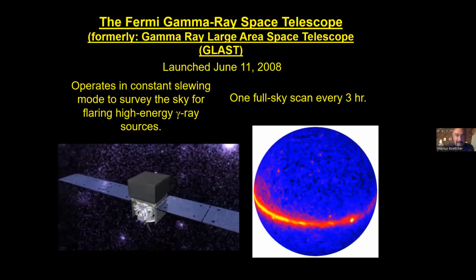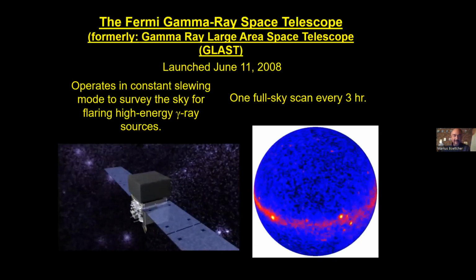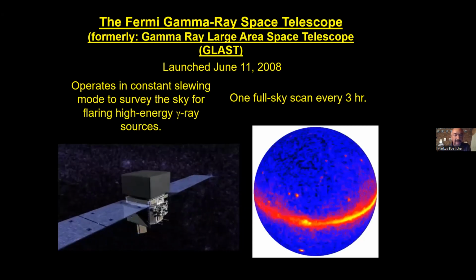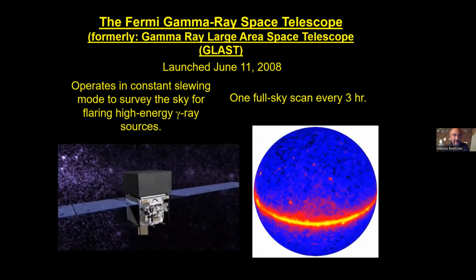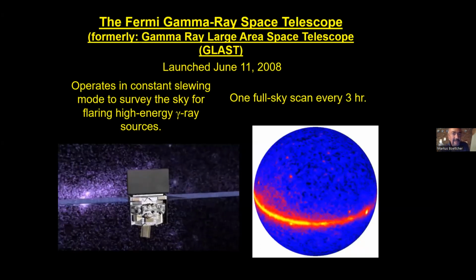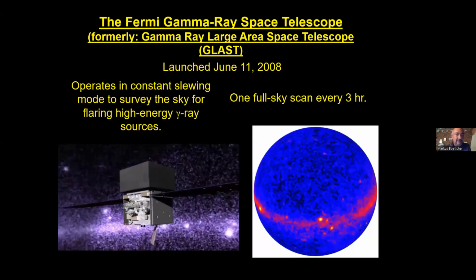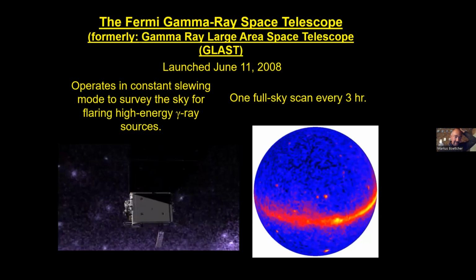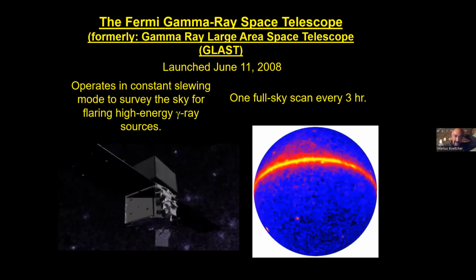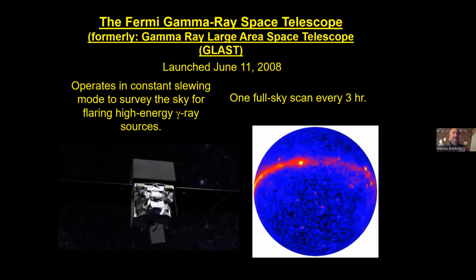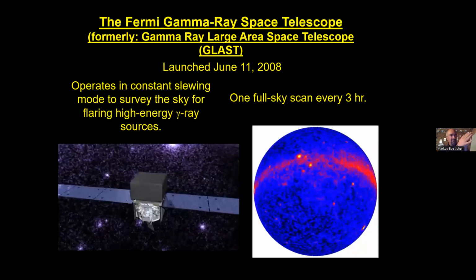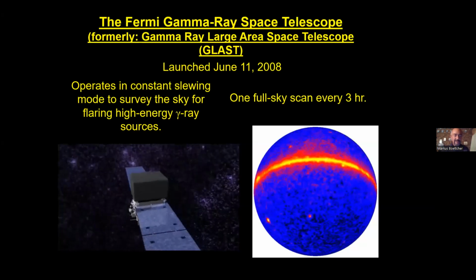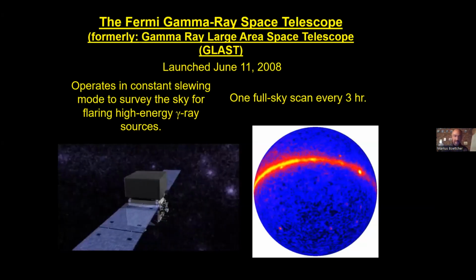So let me talk a little bit about different telescopes, in particular Fermi-LAT and HAWC. Fermi-LAT, Large Area Telescope, named after Enrico Fermi, of course, the Fermi Gamma Ray Space Telescope, was launched in June 2008. So it's been in orbit now for over 15 years. And it operates in a way that, not like you would do with an optical telescope, you point to a certain source, take your exposure, then point to another source. This operates in a slewing mode. It is, of course, in an Earth orbit.